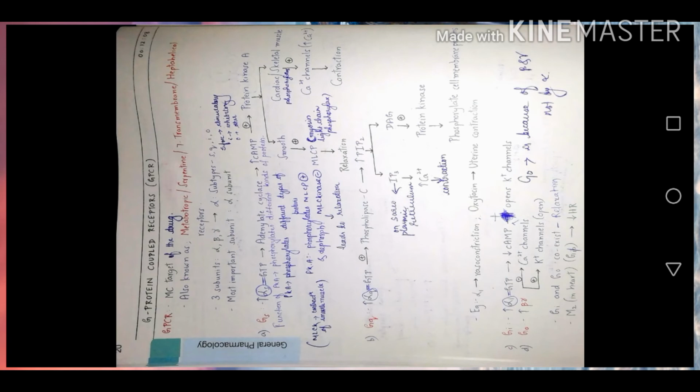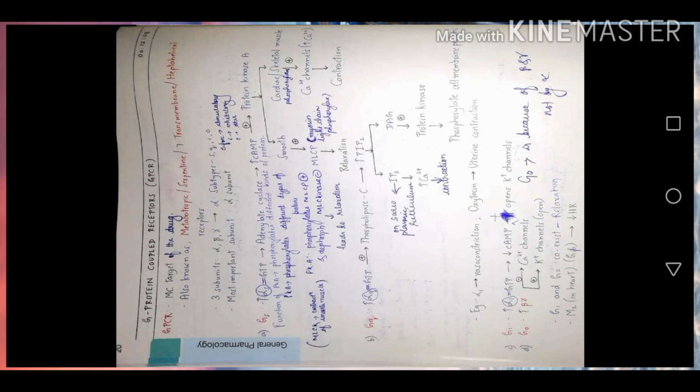Inositol triphosphate is abundantly present on the sarcoplasmic reticulum. We know that the sarcoplasmic reticulum is the storehouse for calcium, and hence when we stimulate the sarcoplasmic reticulum, more and more calcium will be liberated and it causes the contraction, right? So wherever the Gq subtype of receptor is present, it causes contraction. It is universally true.